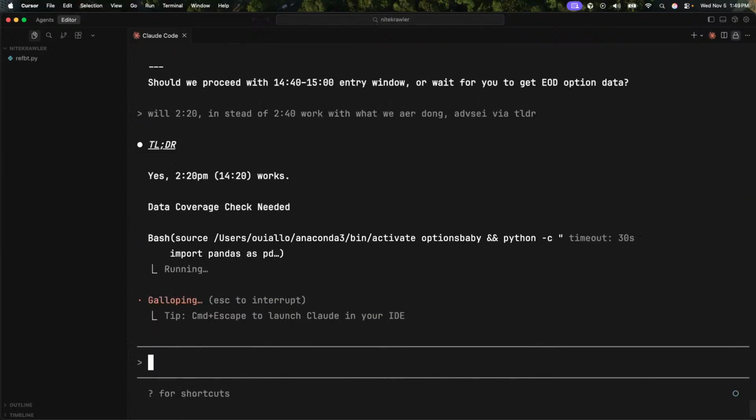We have the 240 window. If it stops at 3, then logically thinking and speaking, we do have that 220 window. So I want to keep the 220 window, but I just want to make note that in live market